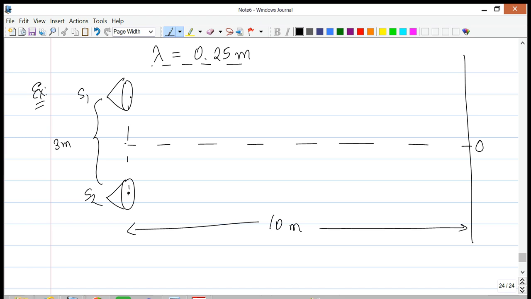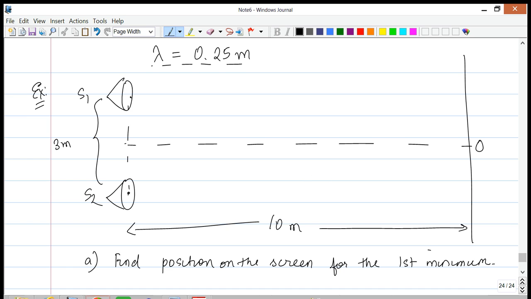meters, and the question is, find the position on the screen where you have the first minimum. So we'll do a bunch of things. So find the position on the screen for the first minimum sound. Okay, and then we can also do the same for the maximums, for the first maximum, and so on and